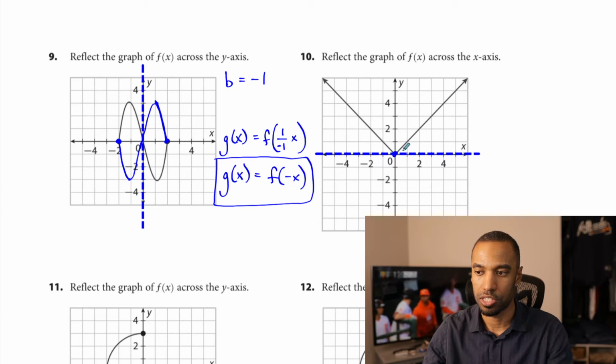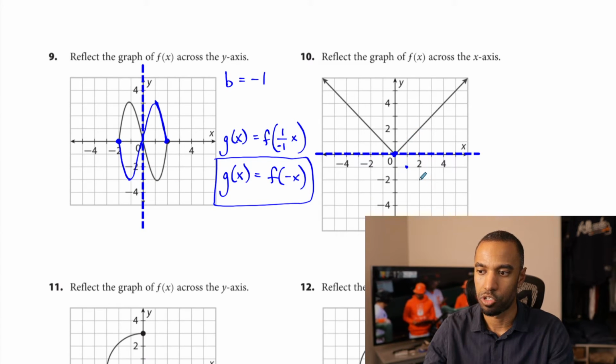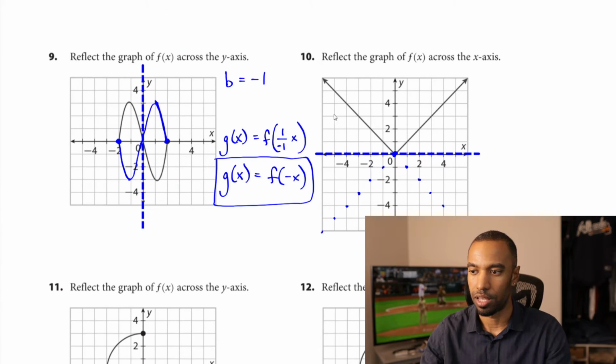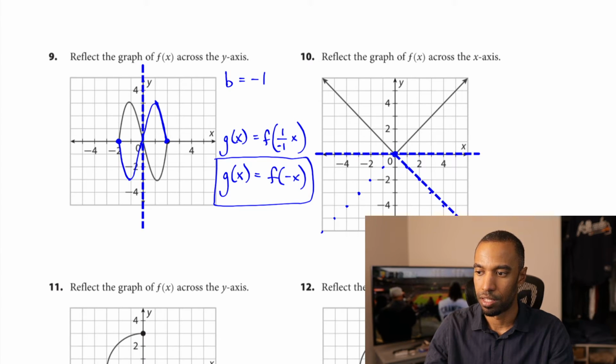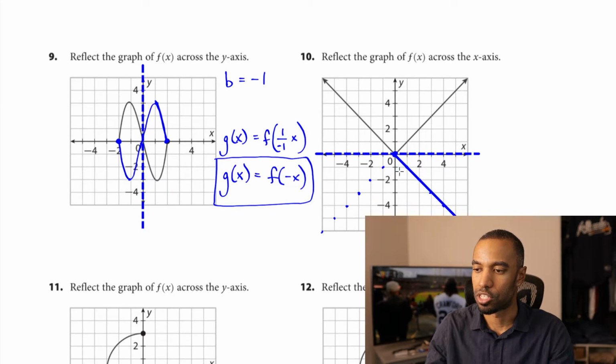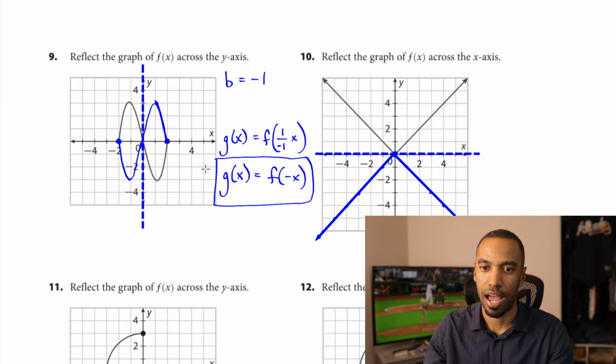So 0, 0 stays the same right there. But this y of positive 1 becomes a negative 1 there, and positive 2 becomes a negative 2 there. We maintain the x values as we change these right here. And you can kind of see this is just a down 1 over 1 kind of graph right there as it reflects across. And the same thing on this side. Down 1 over 1 this way as it reflects across there. And ultimately, it looks like we're going to get a big X. I'm sorry, let me do the arrow version here. Solid arrow. There we go. That's the graph of your g of x right here after this